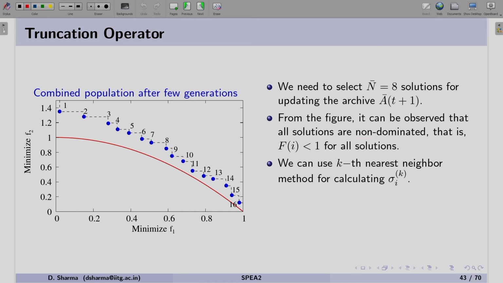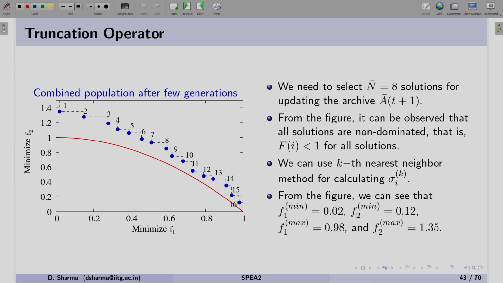Since the number of non-dominated solutions is currently 16, which is greater than n bar, we are going to use the truncation operator, which is case 3. In this case, we are going to use the kth nearest neighbor approach, and in this method we will be calculating the sigma i k value. So, let us see how it is working.